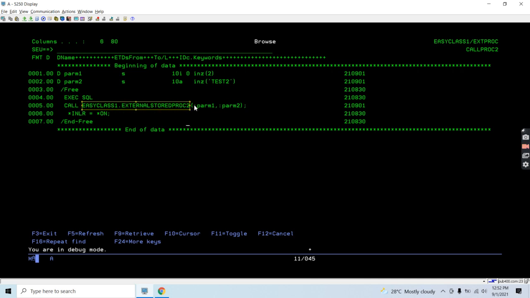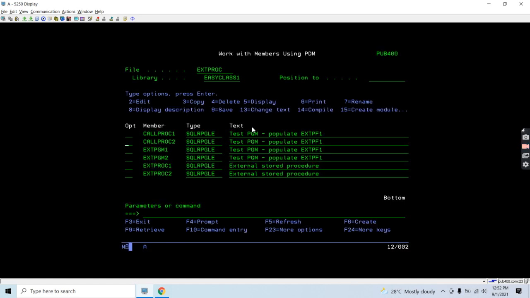If we do not have any parameters, we must still have the brackets, with nothing inside them. Now we have parameters, parameter 1 and parameter 2. So they are used as colon param1 and separated by comma colon param2, just like we assigned them in the SQL as SQL host variables. So they are basically treated as host variables. And at last, the last record indicator is set on, that is the end of program. Now let's create this too.